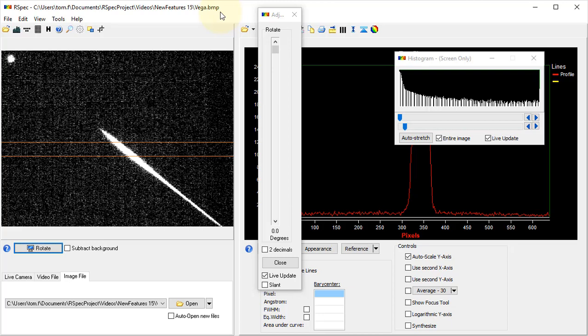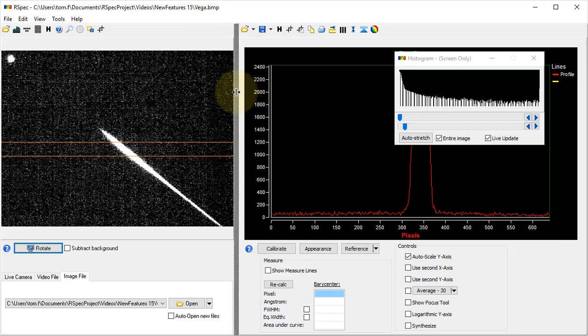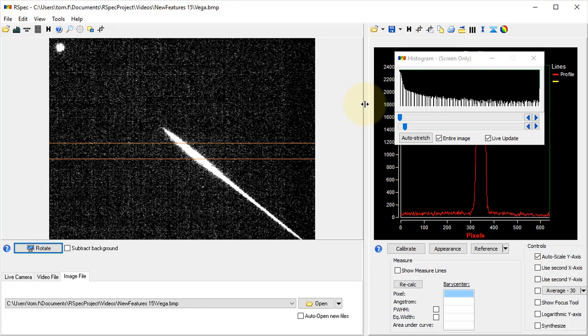How will that affect your use of the program? Well, first of all, because the black borders are gone, you see more of the star image details when you enlarge the image. That can be helpful when positioning the orange capture lines or pointing your telescope or even just focusing. And on modern cameras with large sensors, it's likely that your spectrum only takes up a small amount of